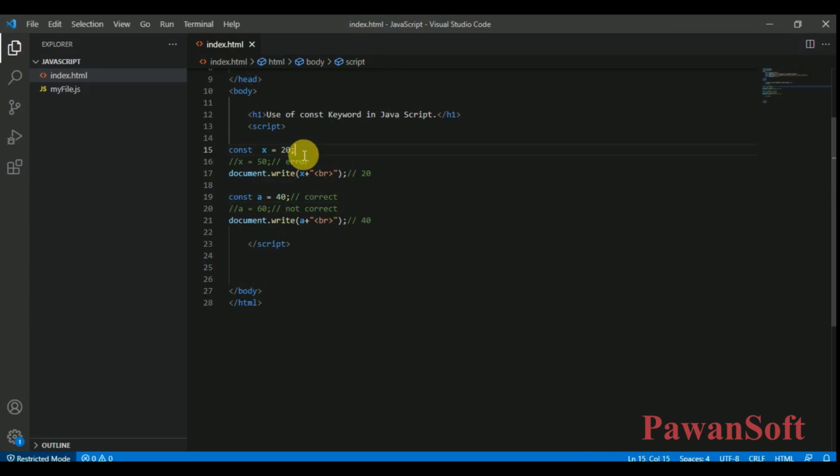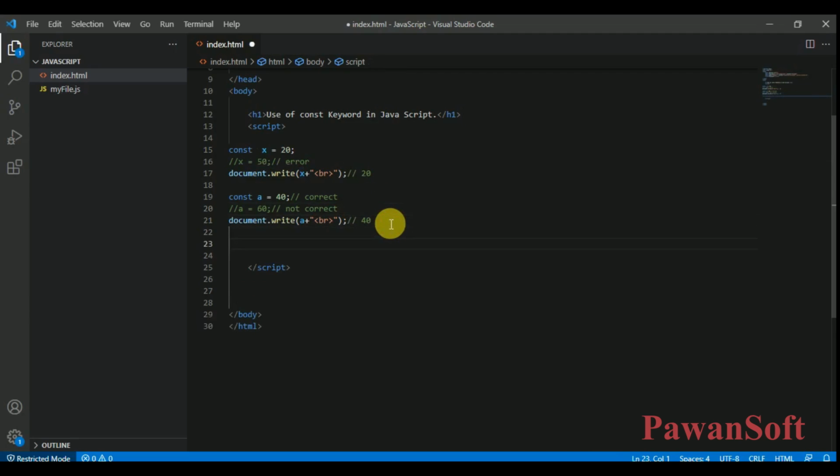So constant is not defining the constant value. It is basically defining the constant reference variable. It means when you declare any variable using the constant keyword, you can't reassign the value, but you can change the value and modify the property.